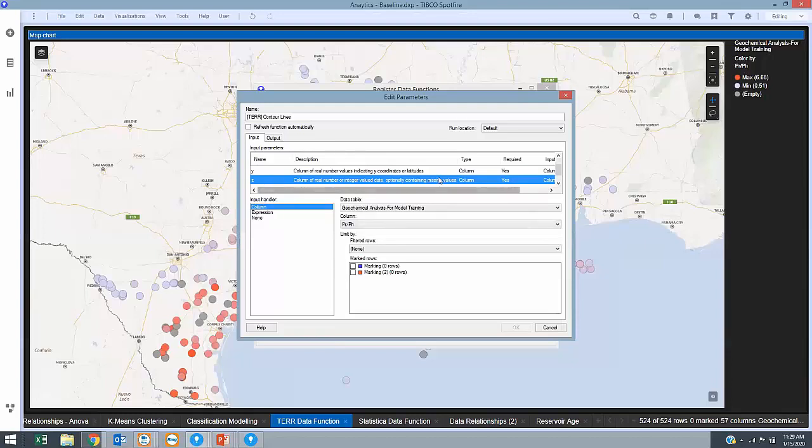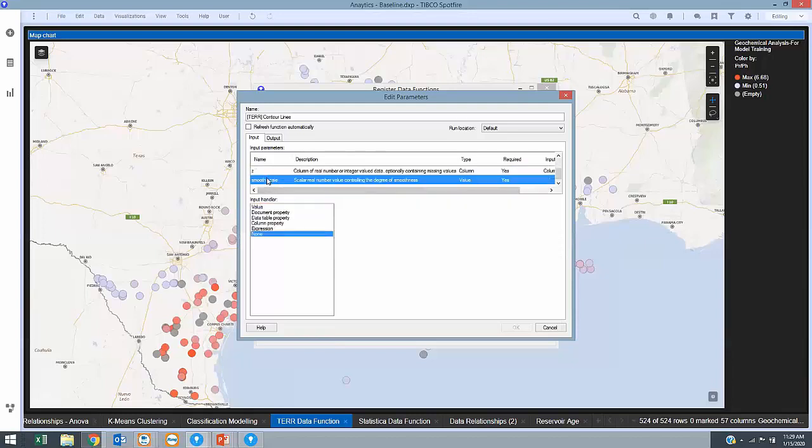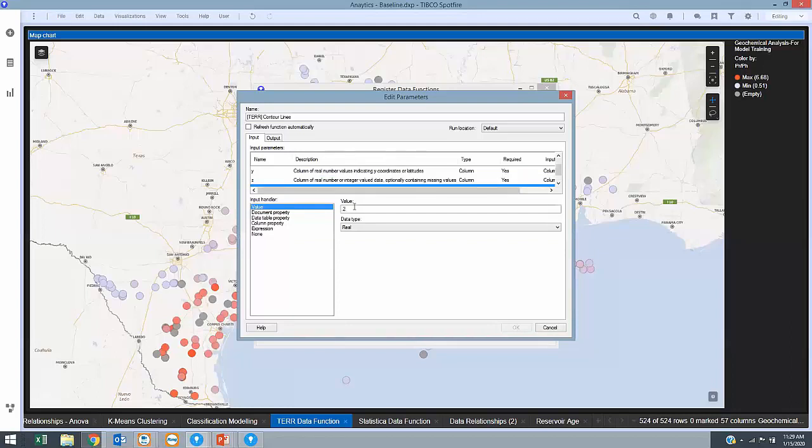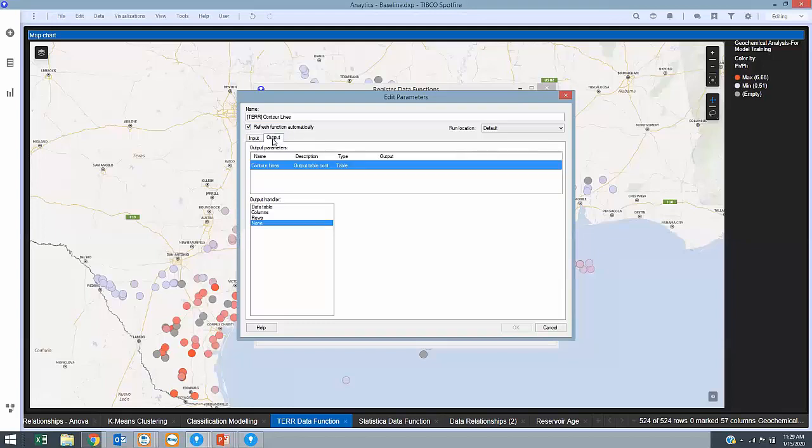Lastly, we have a smoothness scale. I could attach this to a document property, attach it to a slider, and that would allow me to dynamically change the resolution. For my purposes today, I'm just going to say that we have a value of 0.2. I want this function to refresh automatically. And then lastly, what's my output? It tells me it's going to be a data table, so I point to that output handler. I look at the dialog. It says it's going to create a new table for me called contour lines. I'm happy with that. So with that, I'm going to say okay,